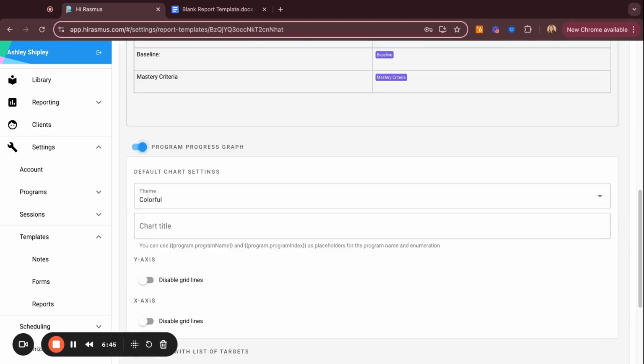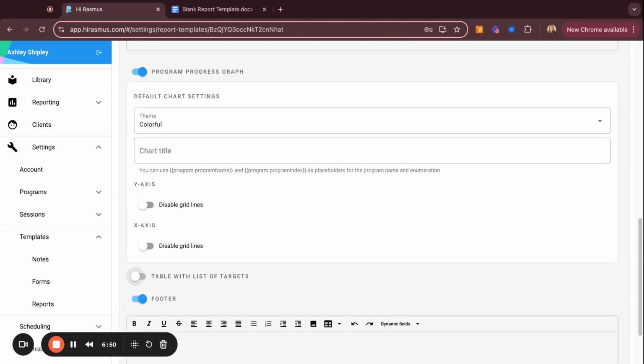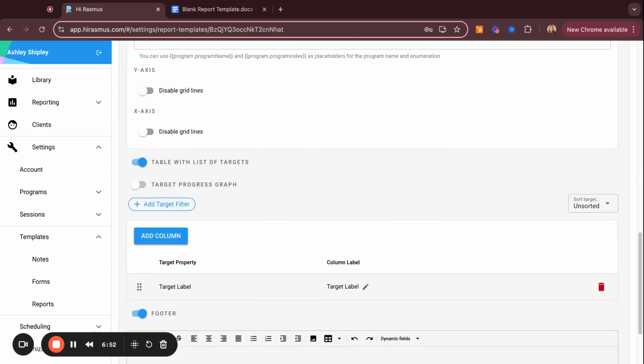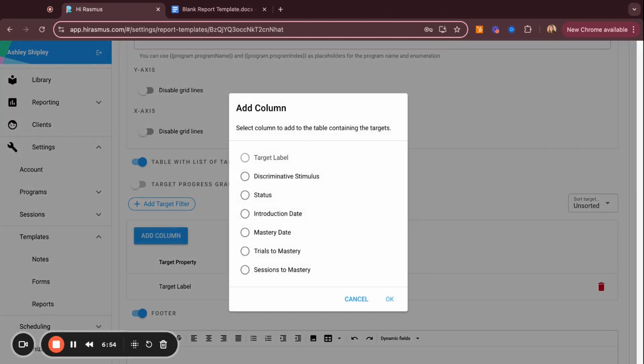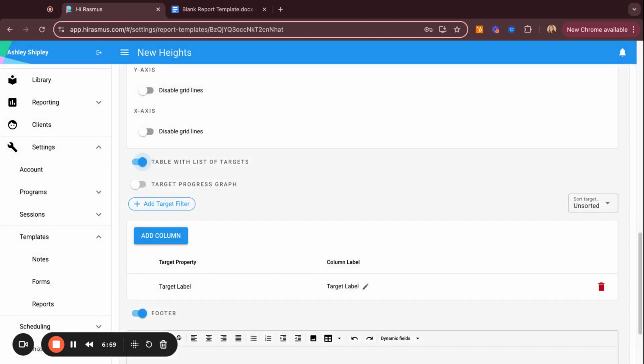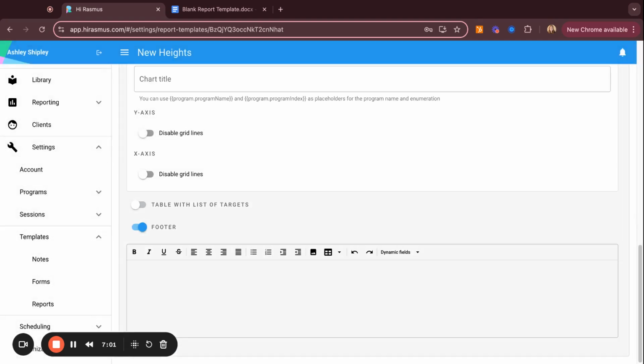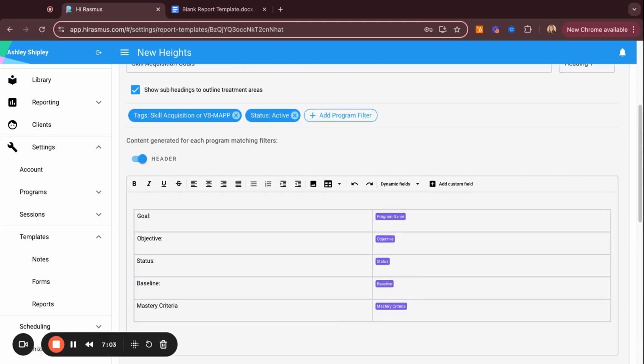I'm going to keep on the program progress graphs, but you can also toggle on the table with list of targets. You can create columns here with the status, introductory date, mastery date. For right now, I'm just going to toggle it off. I'm going to collapse this section,